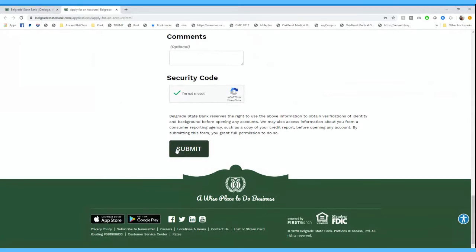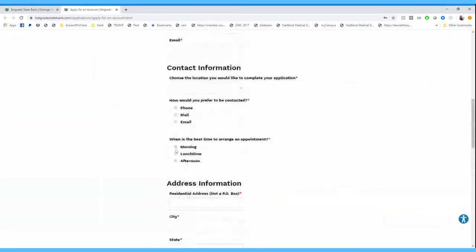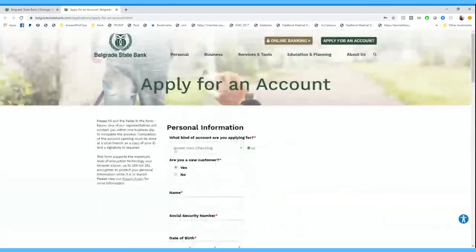After that, a new account representative will contact you and ask a few more follow-up questions. And then at some point, you will have to go to the drive-through window at your local branch and show a photo ID to finish the process. But this takes care of most of the work for you. It helps keep our people safe, keep you safe, and you can do pretty much everything from the comfort of